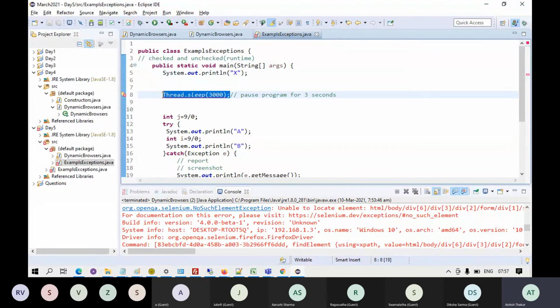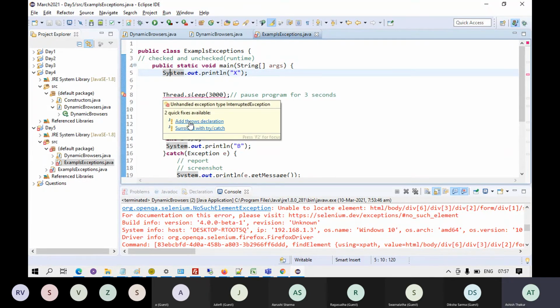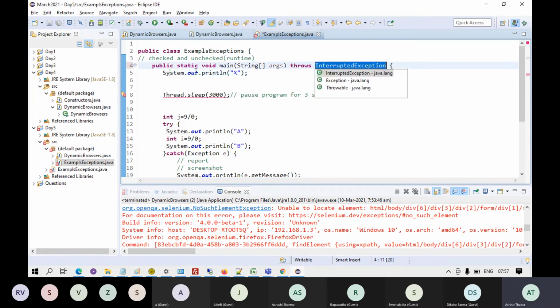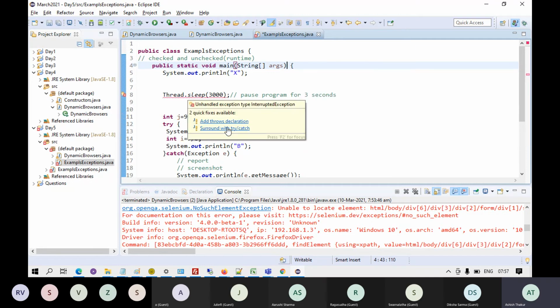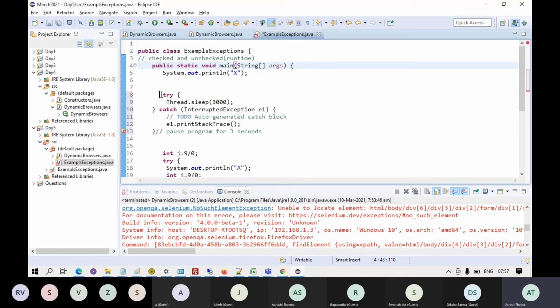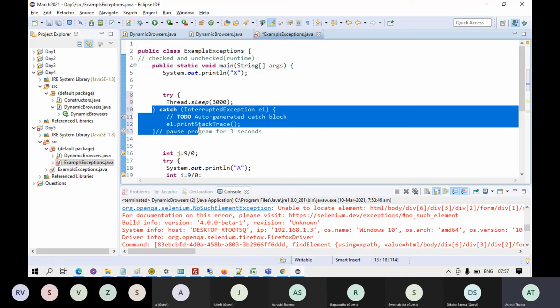There is no technical error, but the only thing is Java forces you to put this line under a try catch block. There are a few lines of code which you will have to mandatorily surround with a try catch block. These are checked exceptions.